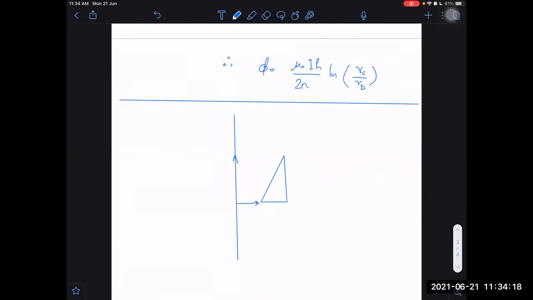Let us take the distance from here to be R1, the other side to be R2. Height is H. Sir, for the complete triangle the question was, sir. No, I just told you that the complete triangle can be easily determined if we know it for the right angle triangle. Therefore, let us find it for the right angle triangle. After that, I will show you how to get from the right angle triangle to the complete triangle. Okay. So let us only find out for the right angle.